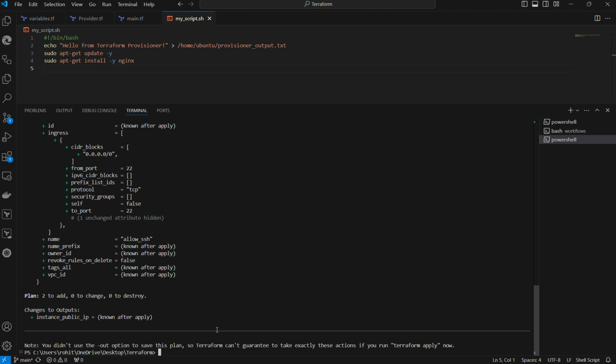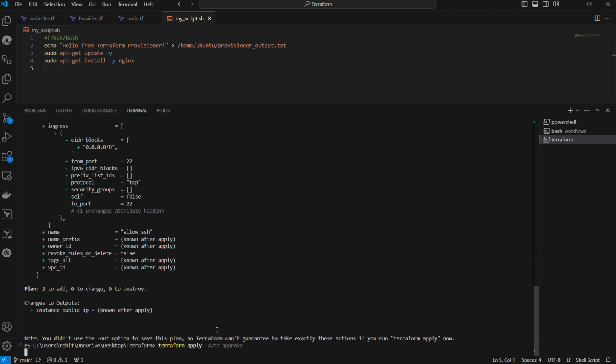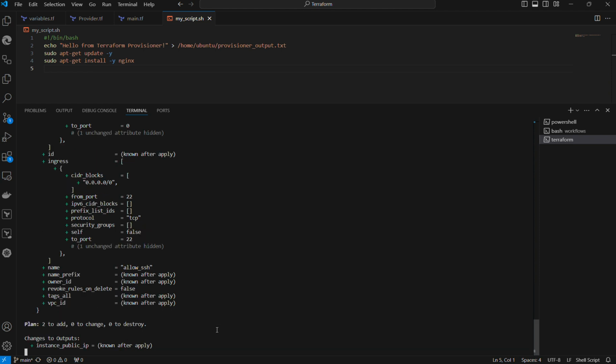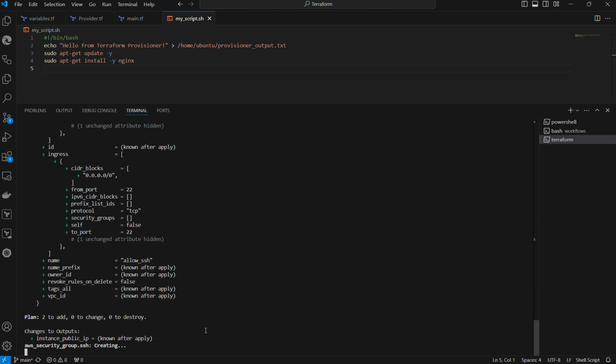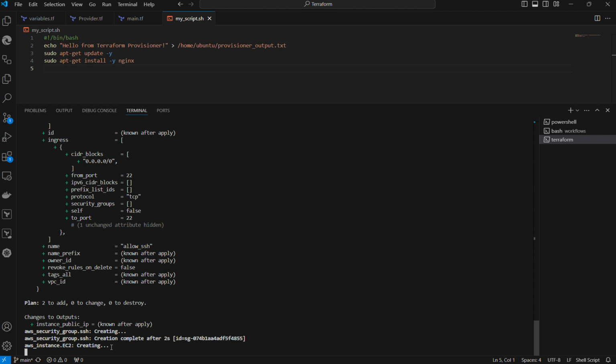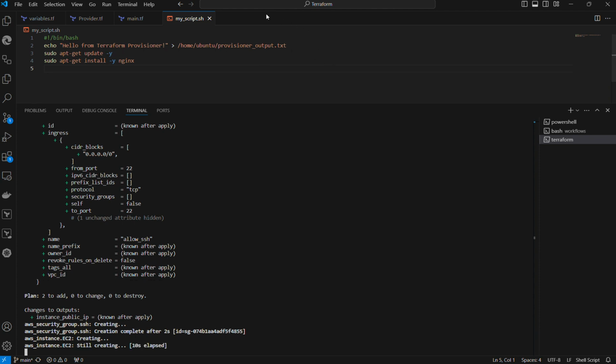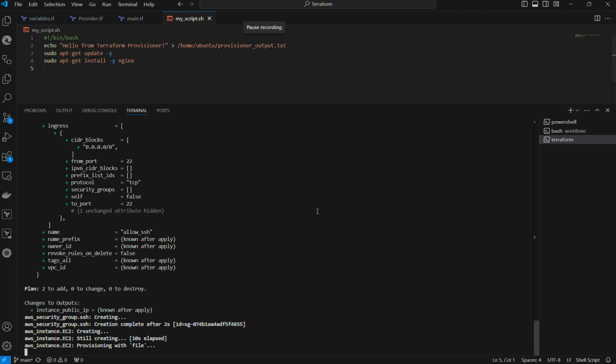Let's do one thing. terraform apply -auto-approve. Now just wait for a few minutes, and as it's going to create the security group first, it will show us this provision, and we will go inside to see this output.txt file. And if we go down, no, we just need to wait. Okay,